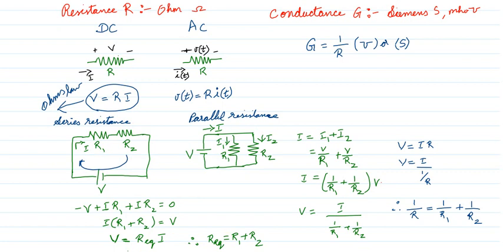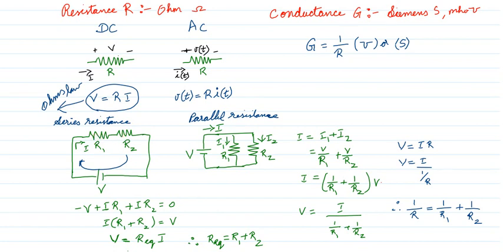Now if you look at this circuit, this is a parallel circuit. In a parallel circuit, the elements are in parallel. In a series circuit, the elements carry the same current. The same I is flowing through R1, and the same quantity is flowing through R2. Therefore I can say they are in series.